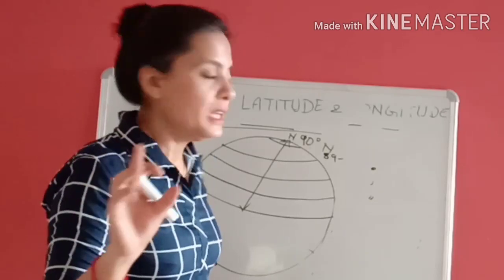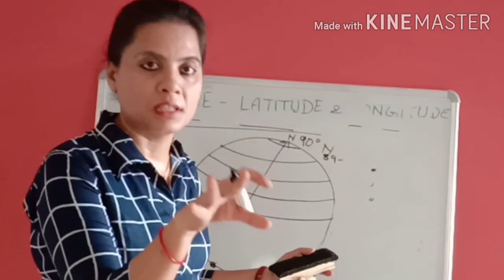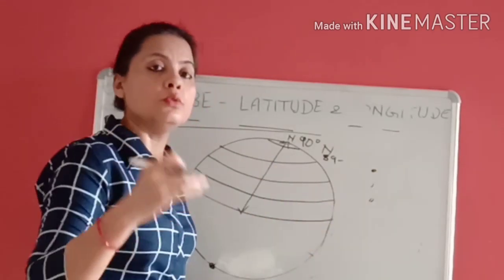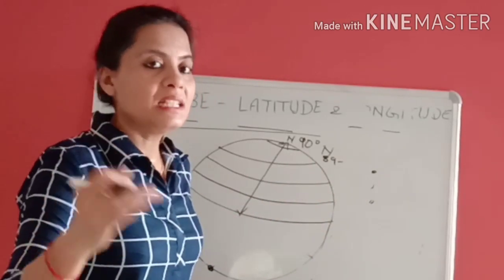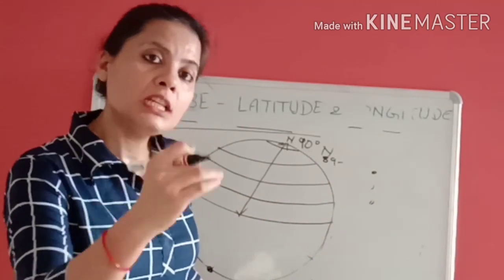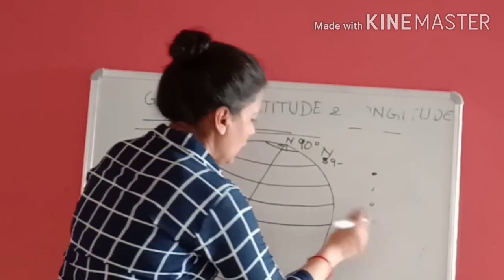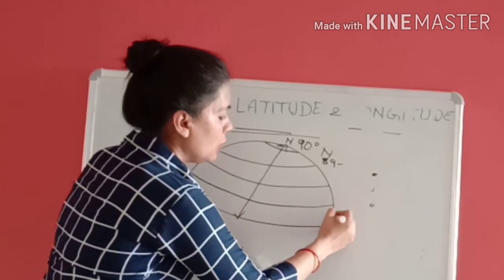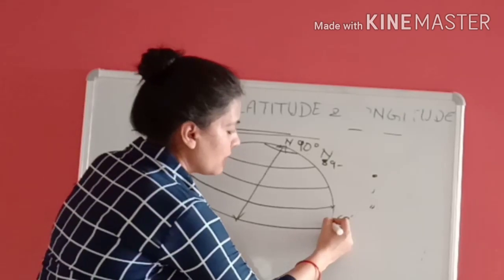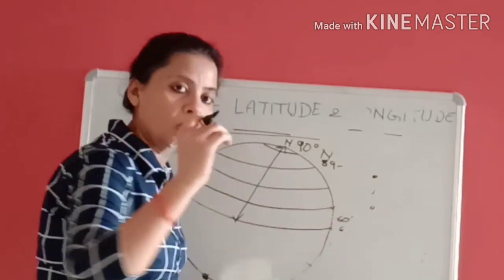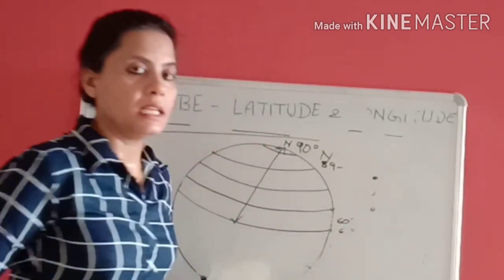You have to keep in mind, here we are not talking about time. Here we are talking about the distance on the earth's surface. So here minute is used for the distance on the earth's surface. So 1 degree divided into 60 equal parts is known as a minute. And again a minute is also divided into 60 equal parts, that is known as a second. So from 0 degree to 1 degree, 60 minutes, and 1 minute is divided into 60 equal parts, that is 60 seconds.